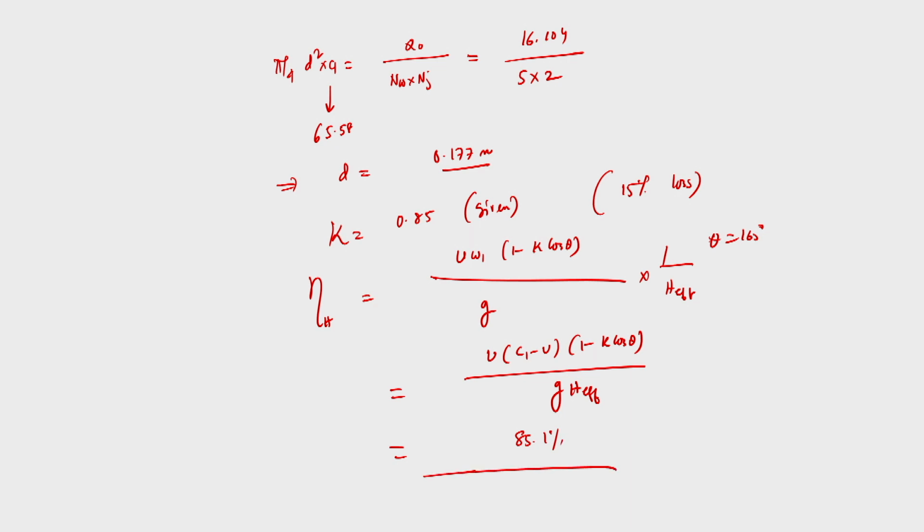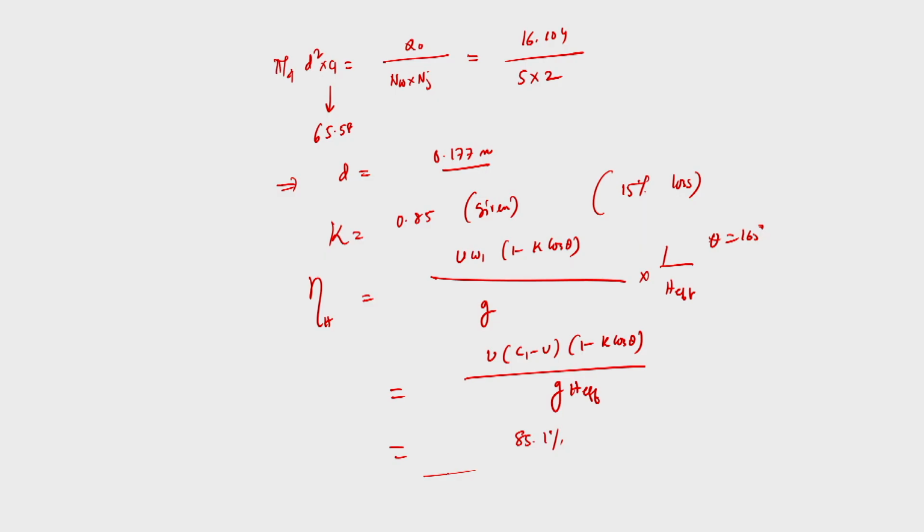So this is the way we have to solve it, if we know the power output that we need from the Pelton turbine. Then we have to calculate what should be the pitch circle diameter of the wheels, what should be the diameter of the jet, and how many wheels are required. One important thing is that the gross head is not equal to the net head available at the wheel. So we need to calculate the net head available at the wheel, and based on that we can calculate the other parameters, that is diameter, efficiency, and also the hydraulic efficiency.